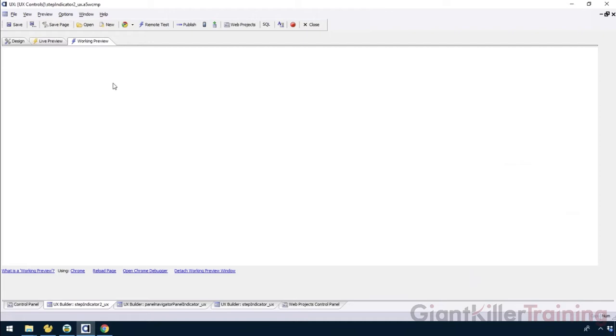Going to do a working preview. Okay, so I'm going to go here. I'm going to select and check it out. As I select here, when I do the onChange event, notice if I click and let go, it doesn't do anything. And in fact, if I select step 2, you'll notice it doesn't do anything because that little piece